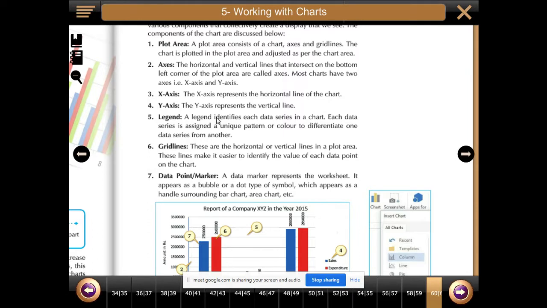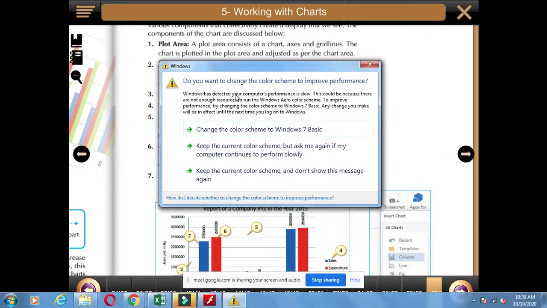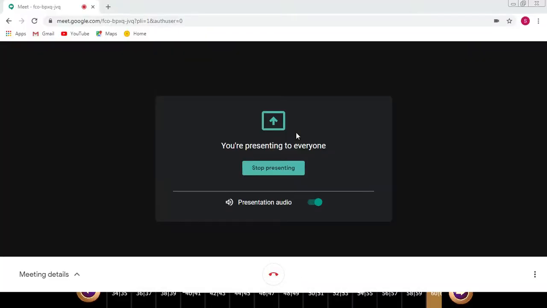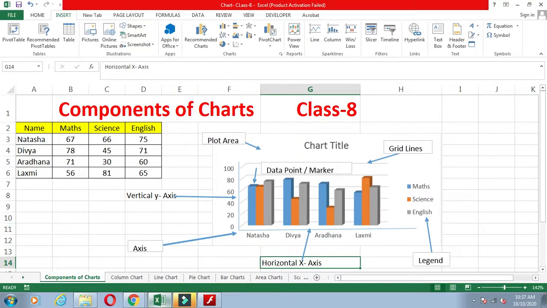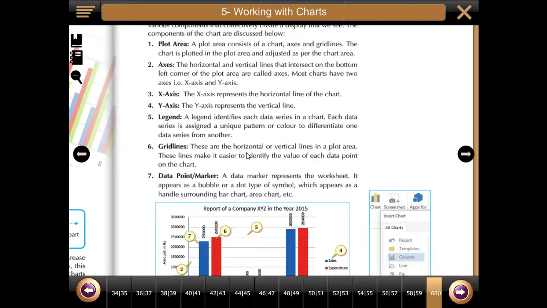It can be adjusted or joined on the plot area. There are two axes, one is x-axis and second is y-axis. Now x-axis represents the horizontal line and y-axis represents the vertical line. We know that. These are the basic things.